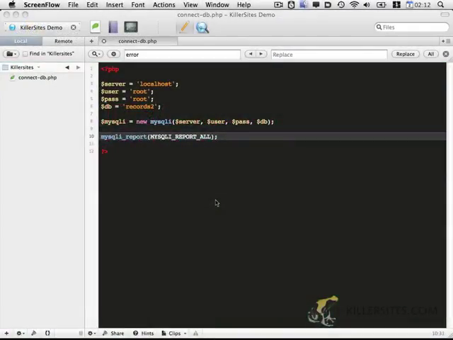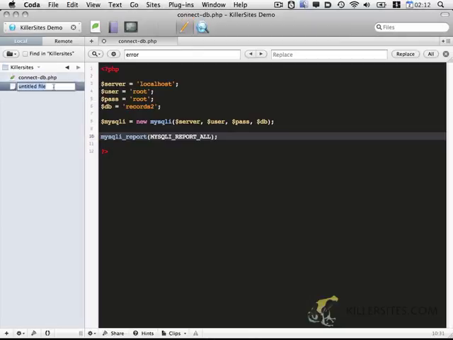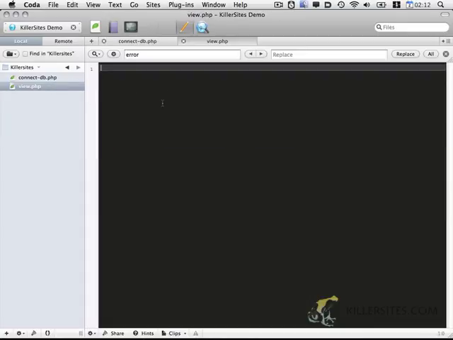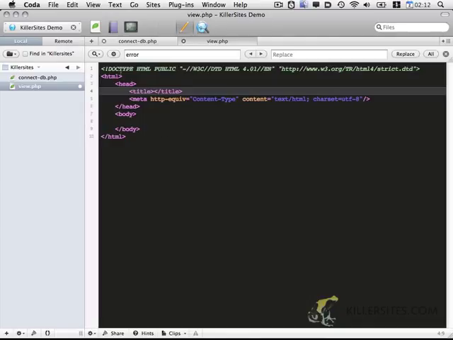Now that we have the connection to the database established, let's go ahead and create a file that'll be able to view the records that are in the database. So I'm going to create a new file. I'm going to call it view.php, and I'm going to start out by just filling it with the standard HTML